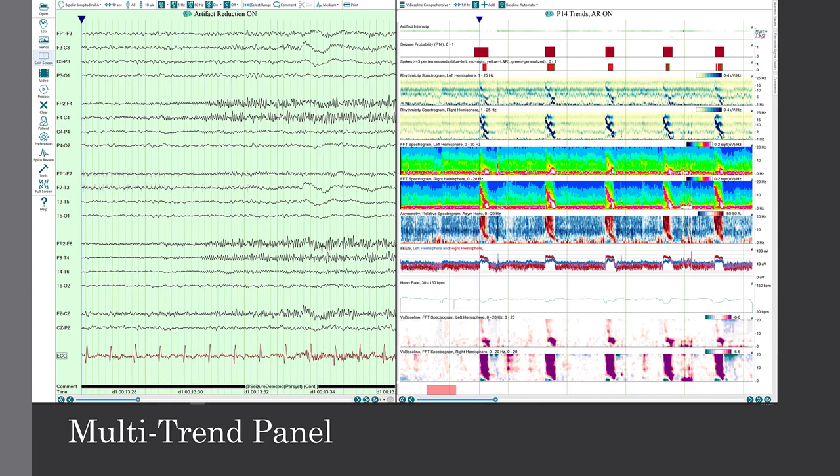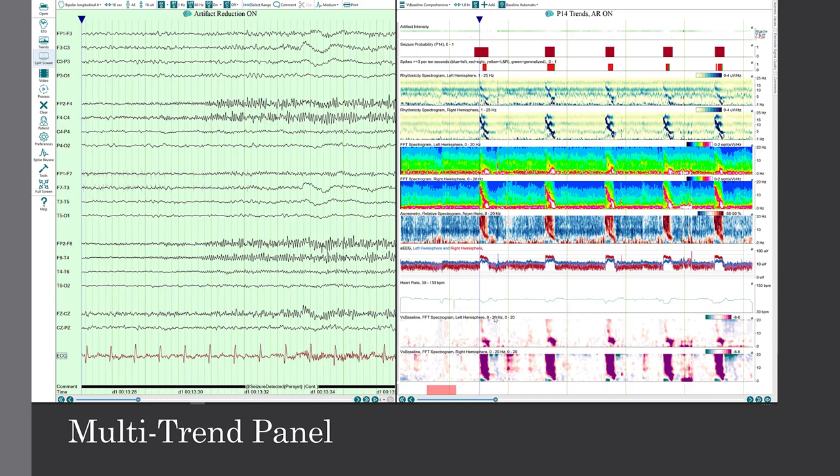Really, the intent of this was to go through each trend type and give you a better sense of what that trend is doing. So when I see this pattern, for instance, in the rhythmicity spectrogram, that indicates that I have something that's rhythmic, that's evolving from faster to slower. You can look at that and understand what's happening in the underlying waveforms, click on it, and actually see what's there. Use that to help focus your review and hopefully demystify what's showing up in these other trends as well,